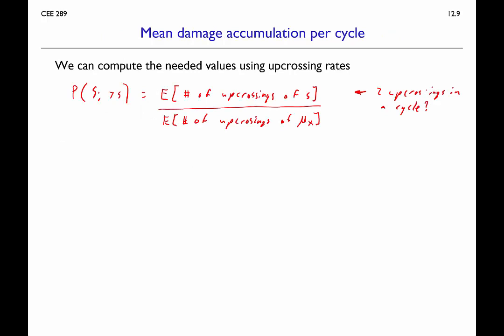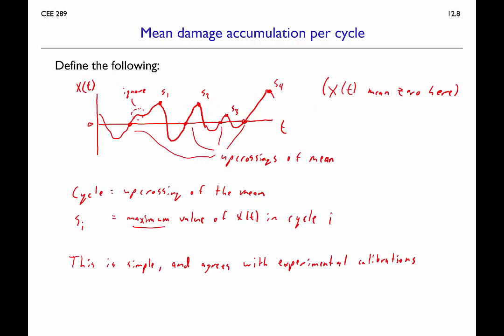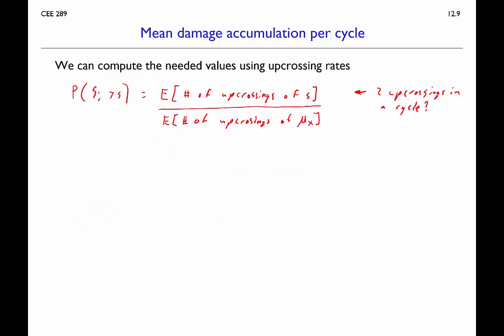In that previous slide, when we had this ignored point right there, what if in this particular cycle I upcrossed some threshold twice because I went up and down and back up again? So that's potentially a problem, but it's not numerically going to be a big deal under